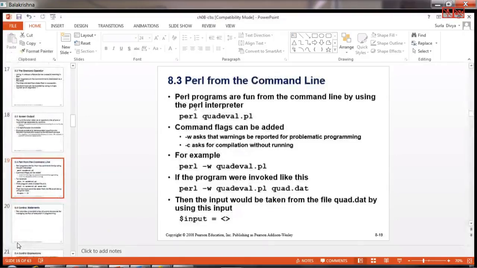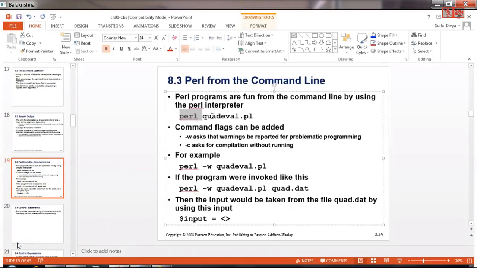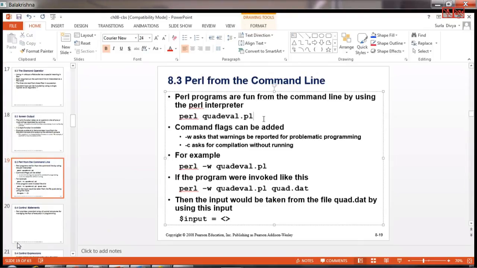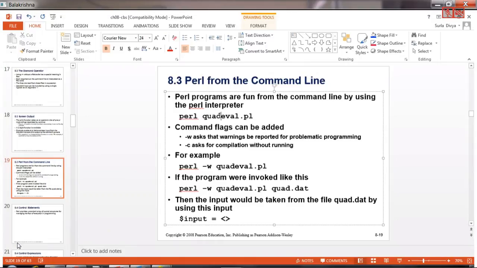So what it says is Perl from the command line, as I have already shown you earlier. How do you execute your program? Let's say you have saved your program. Most of the time, you may open a notepad, write a program, then save it as a .pl file. PL stands for Perl files. Once you save that file, you can use the command perl, your file name, .pl. Then automatically it should execute. So this is how you run it from the command line.